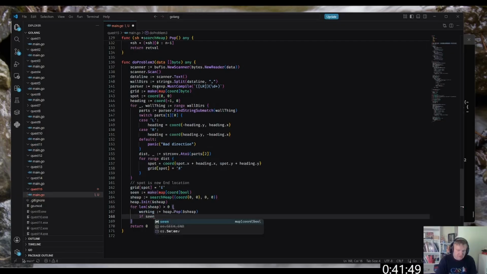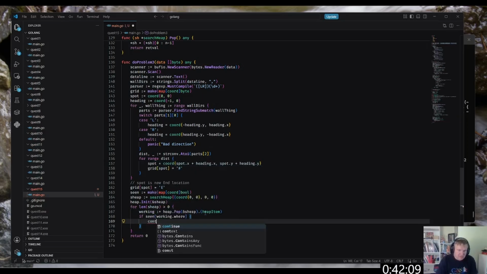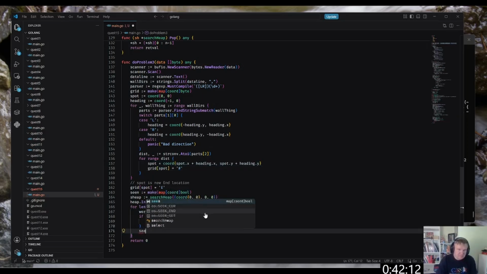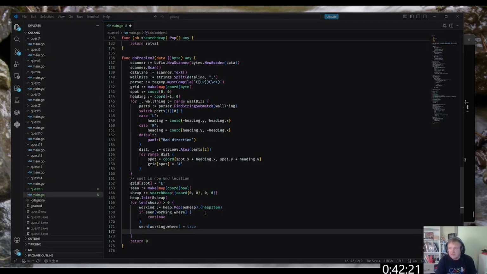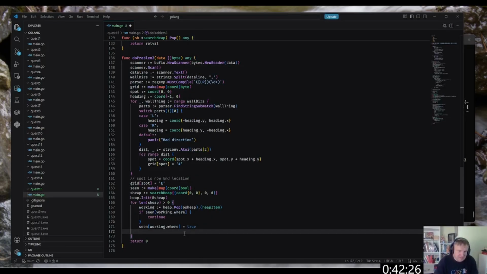If seen working dot where, continue. Seen working dot where becomes true. Am I done by the way here? No, I am not. Yeah, wow. Seen of working where becomes true, then